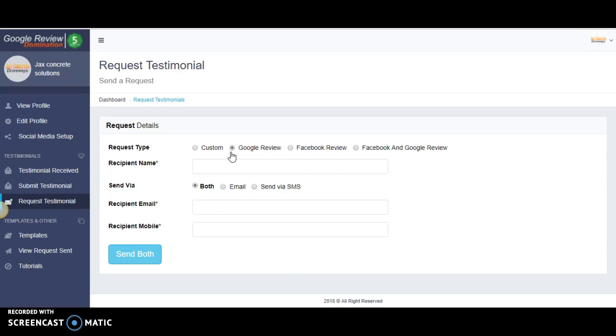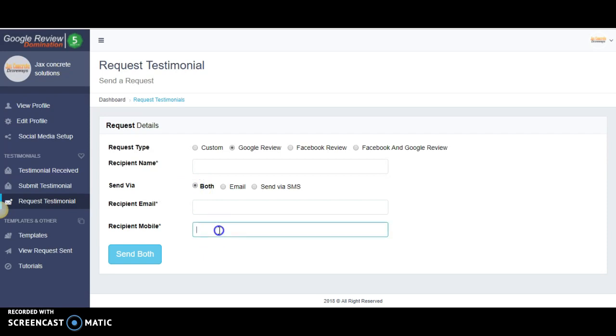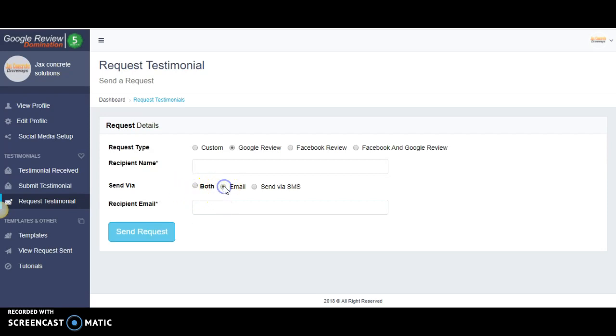So it's pretty self-explanatory here. You put their name in and you can send the request via email or SMS or both, okay? And all you do is put their number in and their email if you're requesting both, or just the email. Now before